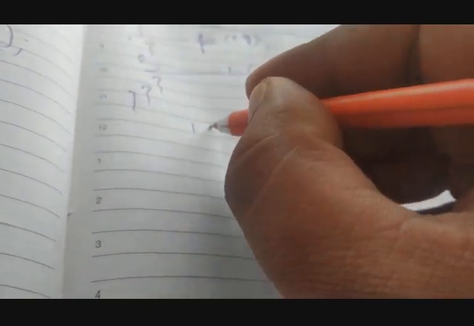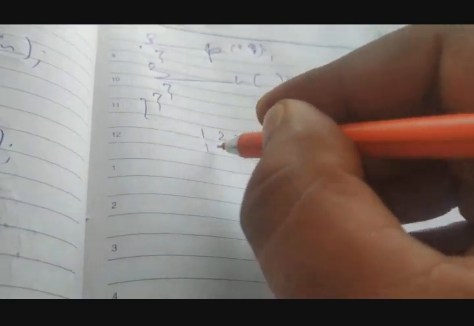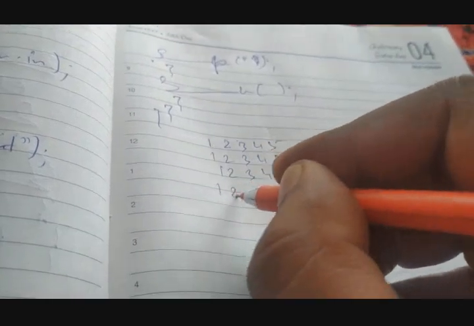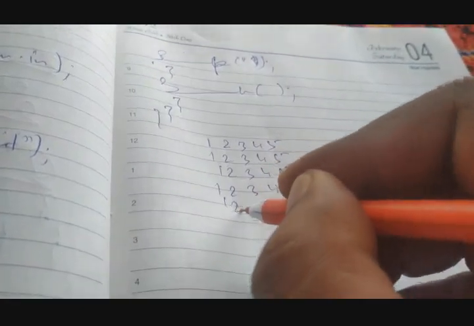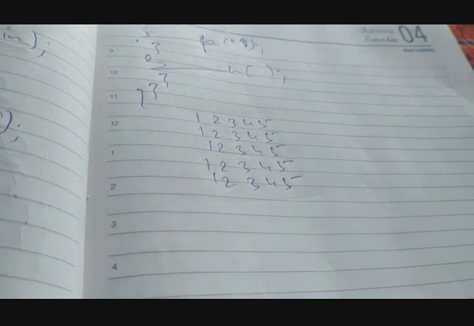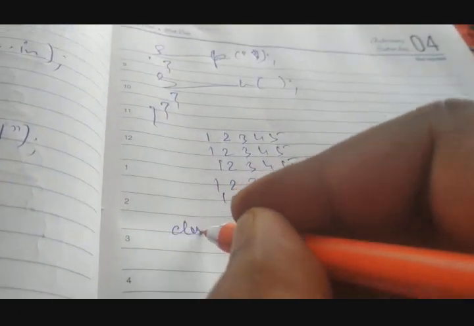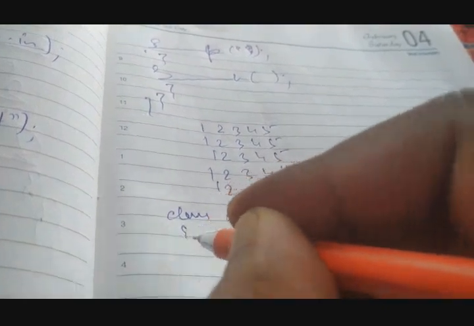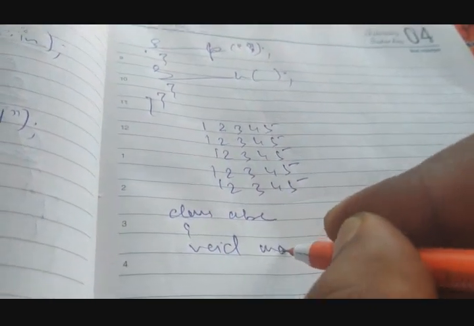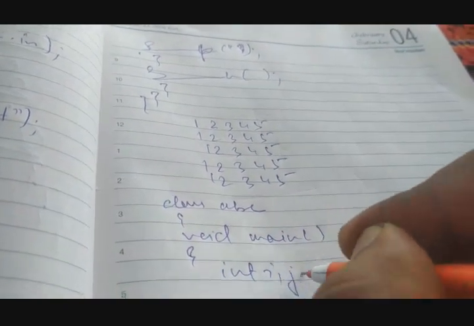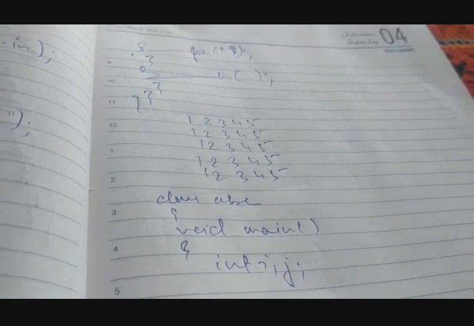Now, as I said, looking at the loop, what do we have to do? Suppose I have to print 1, 2, 3, 4, 5 on each of four lines. This is my loop, is it? Now what should be the logic behind this? So class ABC, void main. These are the compulsory things. You require int i and j. Now the problem starts here. What should be my loop here?